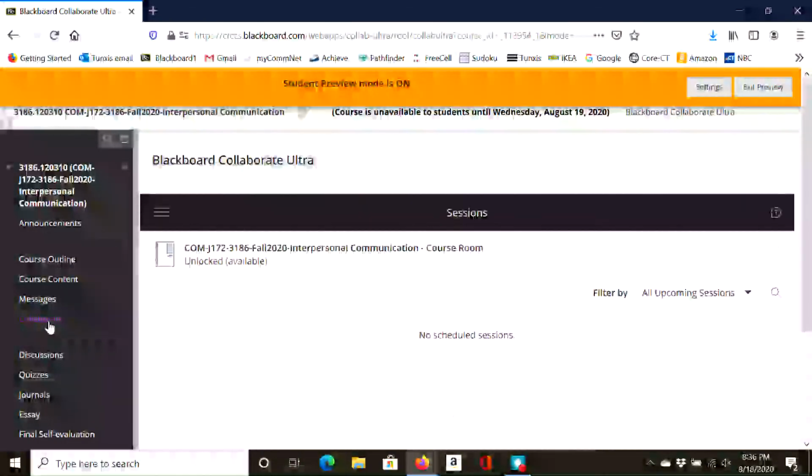If you were here last semester, you might have communicated with your professors. They might have said, we're going to have a WebEx meeting. That's what I was using. Well, basically, Blackboard now has within it the ability to have group meetings, and